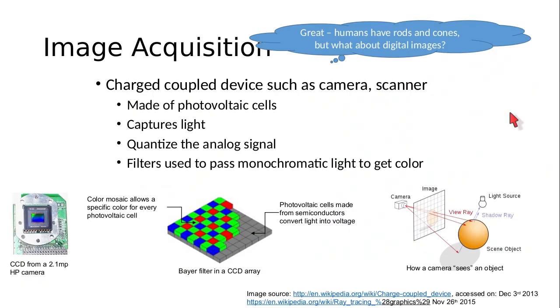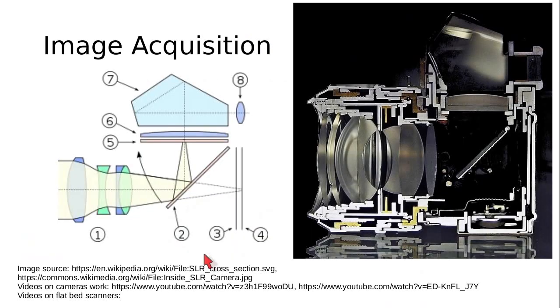So we have seen that charge coupled devices are able to capture and convert light into electricity or voltage that can be recorded into a digital image. Now the way light enters the camera and actually gets incident on this charge coupled device is very similar to the mechanics of the eye. So you have a lens in the front. This is a cutaway section of an SLR camera.